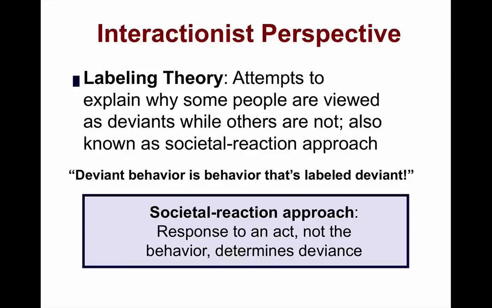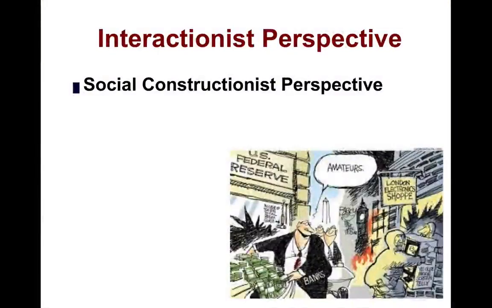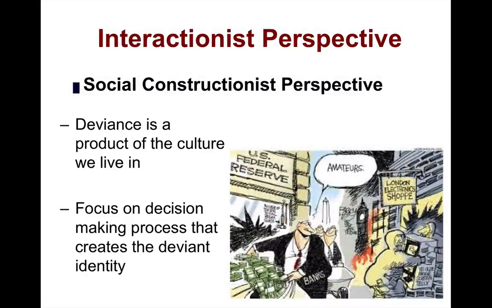What this shows us is that what counts as deviance, ideas about deviance, is a product of the culture we live in. This is another interactionist theory. This is bigger than just deviance, but this is how we could apply it to deviance. It's called social constructionism. This is extreme relativity in some ways. I like this stuff. What the social constructionist perspective puts us on, if deviance is always a product of the culture we live in, is that we need to focus on the decision-making processes that create the deviant label and the deviant